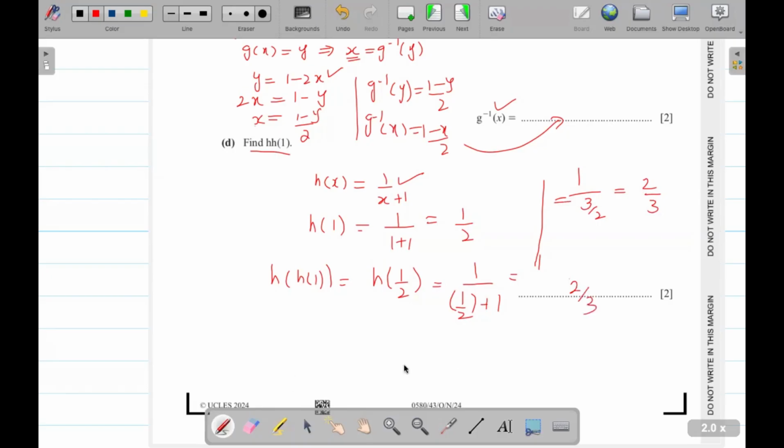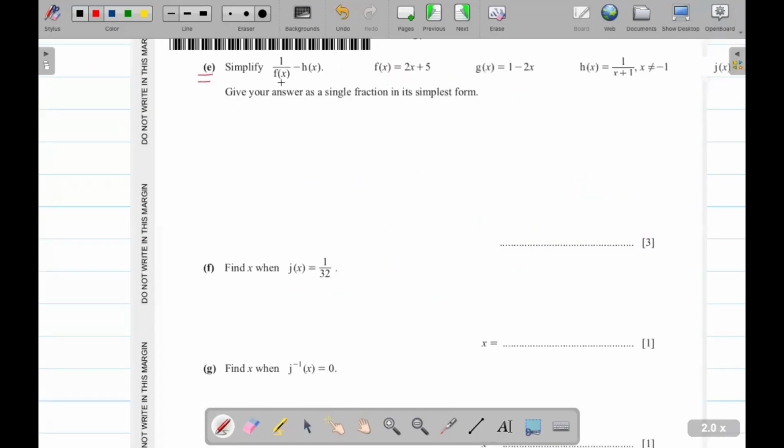This is the answer. Part E, simplify 1 over f of x minus h of x. Give your answer as a single fraction. Look here, f of x is 2x plus 5. We write 1 over 2x plus 5 minus h of x. The h of x value is 1 over x plus 1, so we write in place of h of x, 1 over x plus 1,